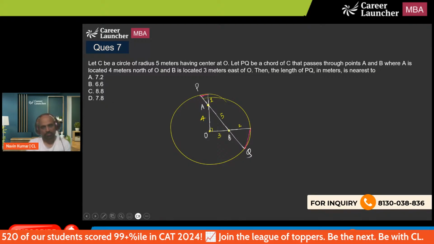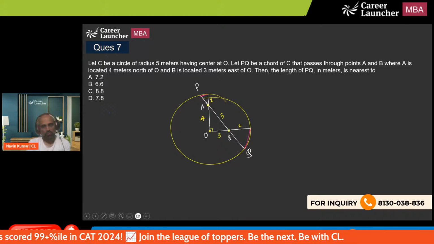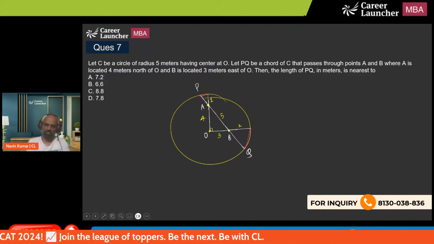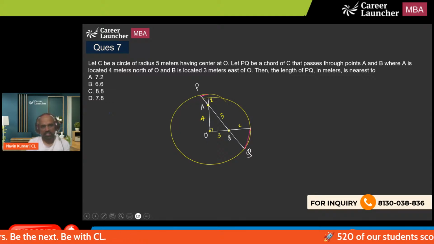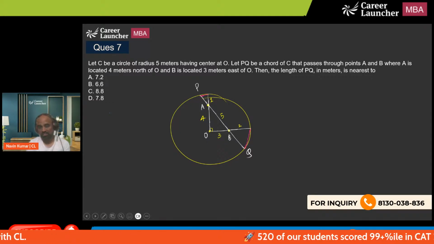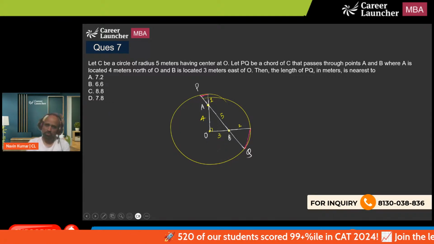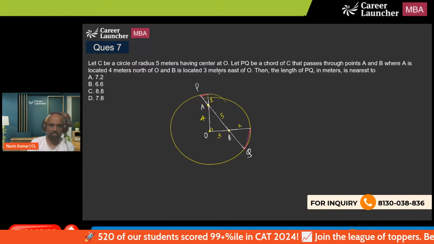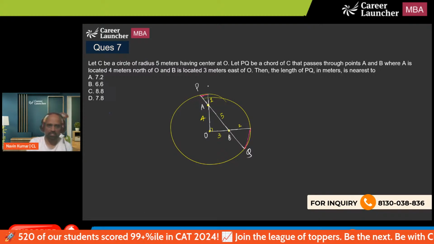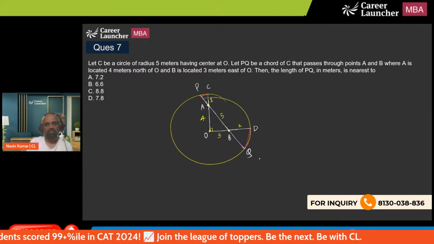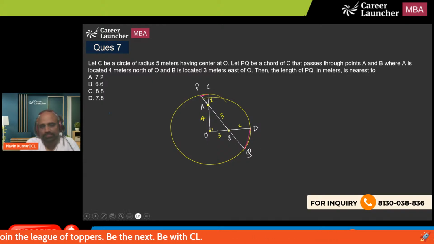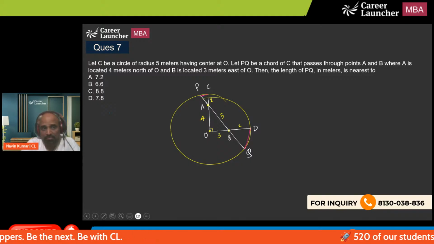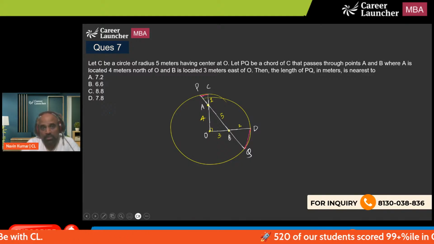Good question. Do they look isosceles? No, they look not exactly isosceles. Do they look more than 2? As in, is BQ more than this particular length? Let's call this C and D. So is BD the same as BQ? Is it? Because if it is the same, we know where to go. If BQ is more than BD,